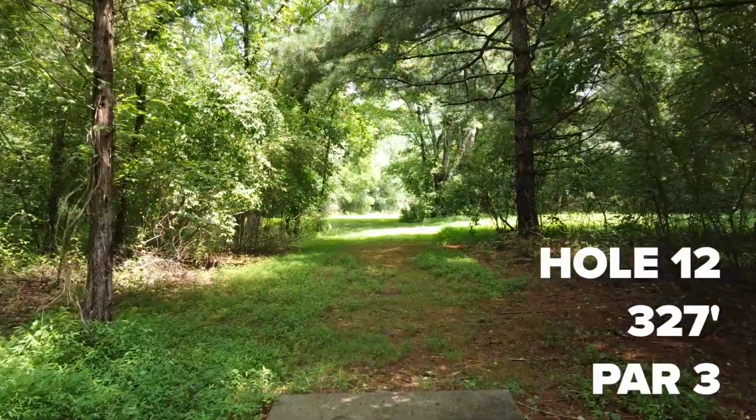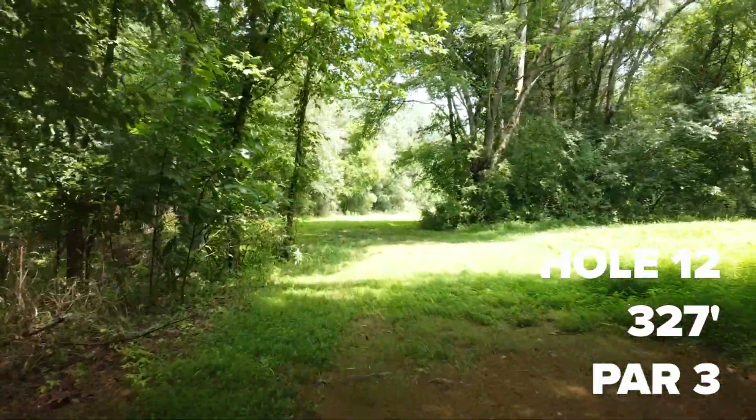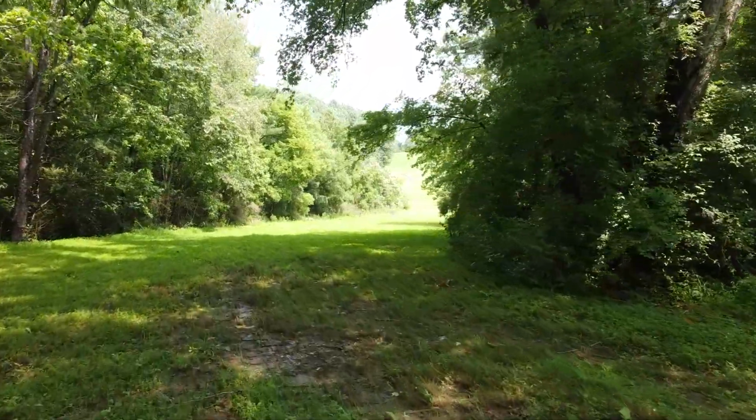Alright, next we have hole 12. Again, it's about 330 feet, par 3. It plays a tad bit longer because if you throw a forehand, there's not a lot of room to flex it. You have to throw on a hyzer the whole time or a backhand turnover,